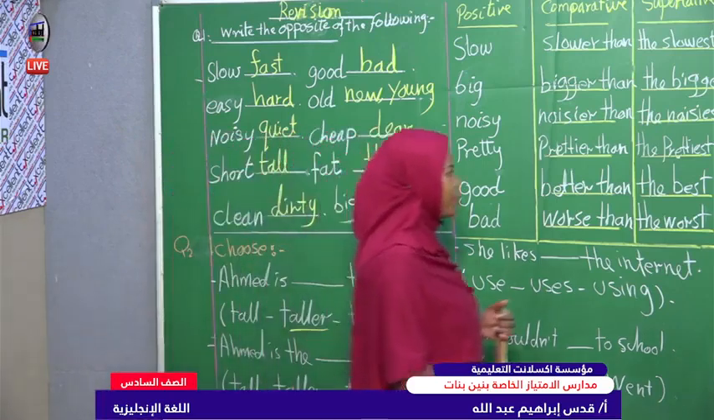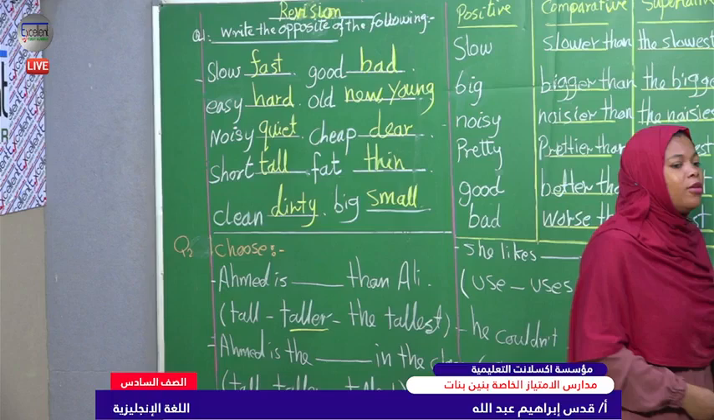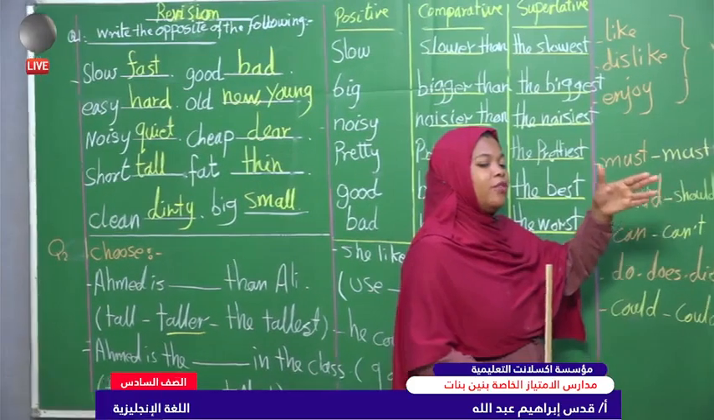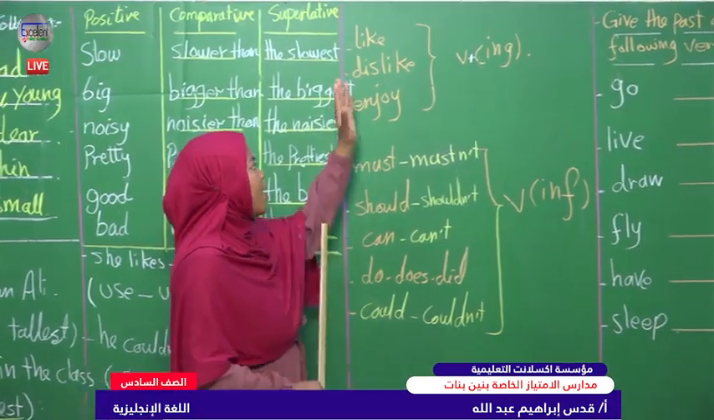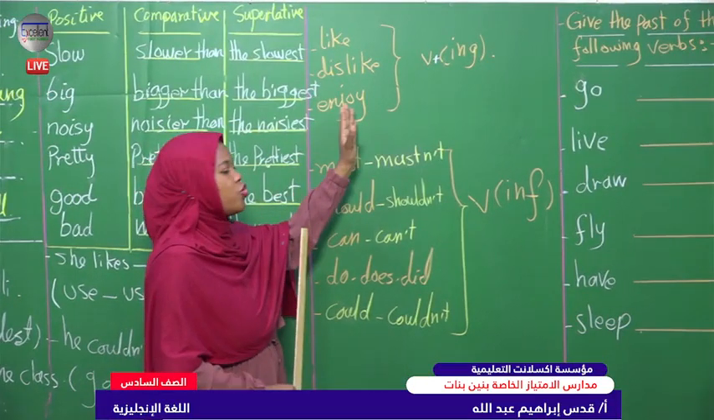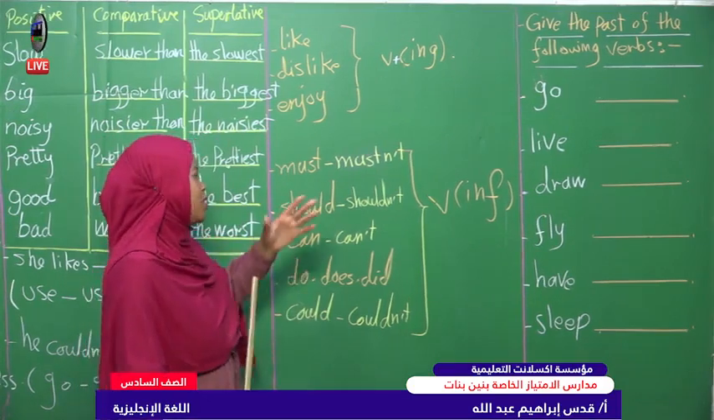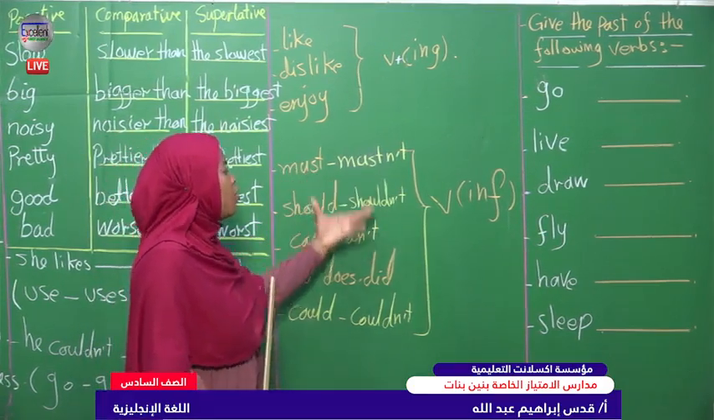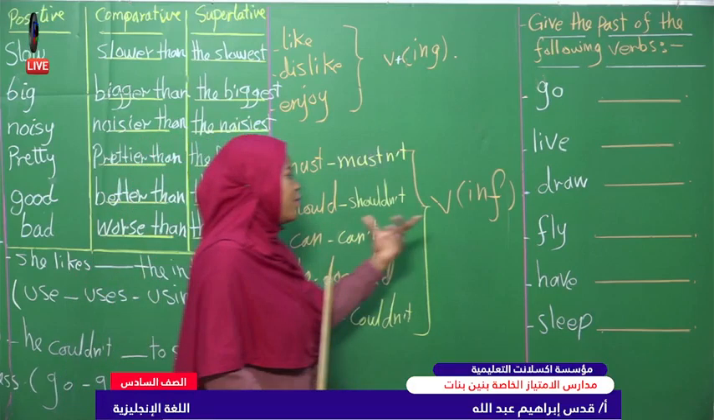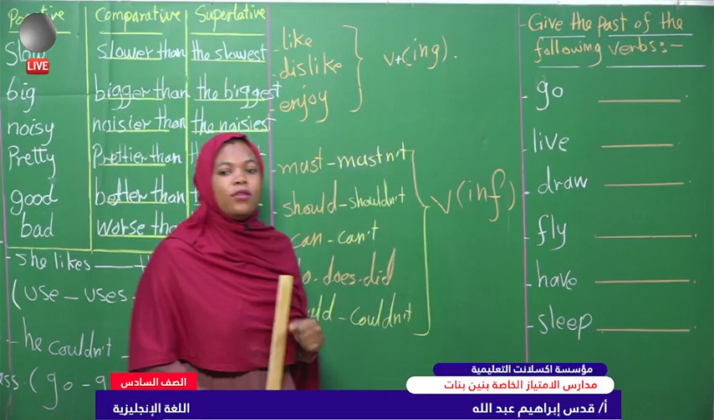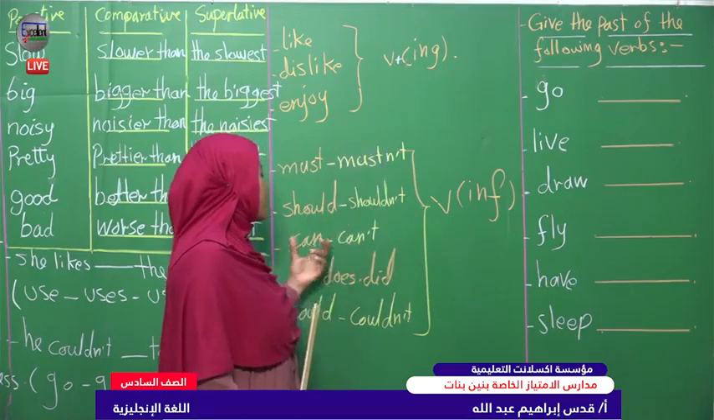Okay. Here we have another rule. عندنا قاعدة مهمة. I have these verbs, الفعل اللي بيجي بعدها بيكون فيه ing. دي كلها أفعال عندكم في الكتاب: like, dislike, enjoy. الفيرب اللي بيجي بعدها بيكون فيه ing. Yes. وعندي هنا modal verbs. أي فيرب بيجي بعدها بيكون infinitive، أي فعل بيجي بعدها بيكون مجرد: must, mustn't, should, shouldn't, can, can't, do,